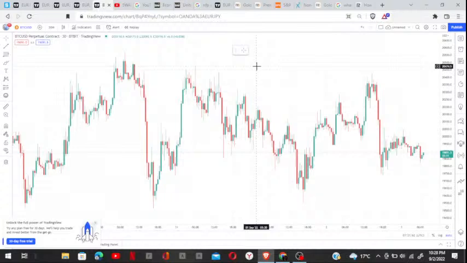So in today's video, I'm going to show you how you can use volatility stop to take your trades, or even better, how you can use volatility stops in analyzing your charts, to help you know when to take buy positions and sell positions in the market. So guys, today I'm using volatility stop on BTCUSD. As you can see, this is my